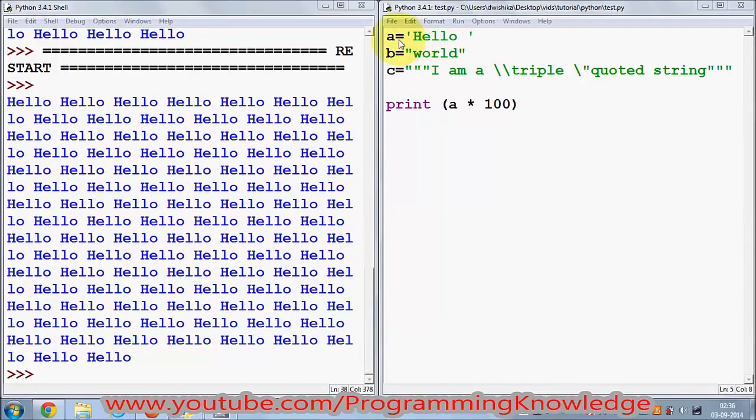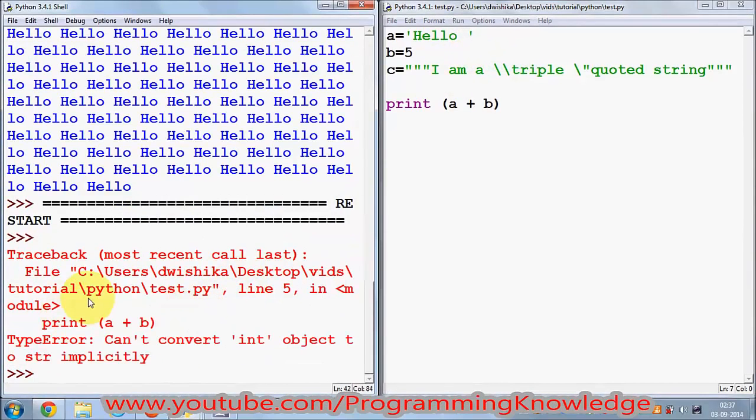Suppose I have a string which is A. So I have this word, for example hello, which is assigned to A, and I have the other variable B, and I assign a number 2 to this, or 5 to this. Okay, and I want to print hello 5 in a single line. How can I do this? I can, for example, try to write it like this, A plus B, but let's see what happens when I run this. I will save it and I will run this, and it gives me the error